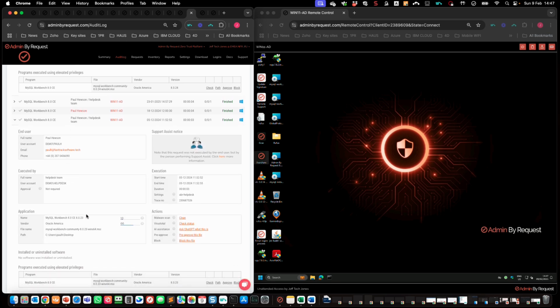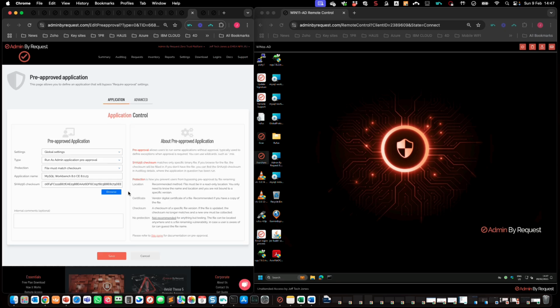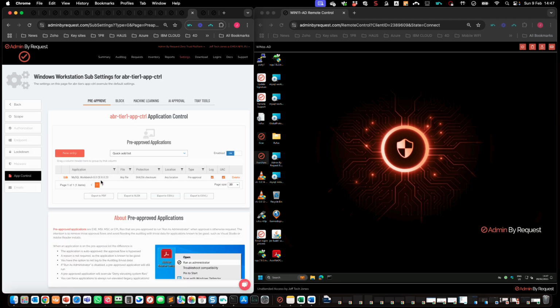Okay, so this is 8.0.2.3, pre-approve the file, and then I would go in the subsetting, and this is the hash. Okay, so I am going to save this. So important, I remember it's 8.0.2.3, and